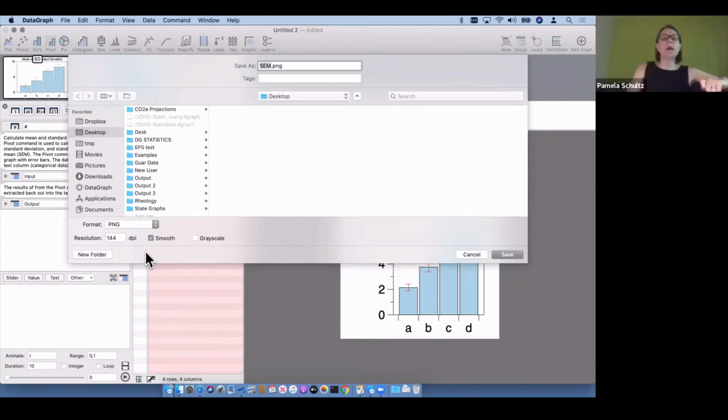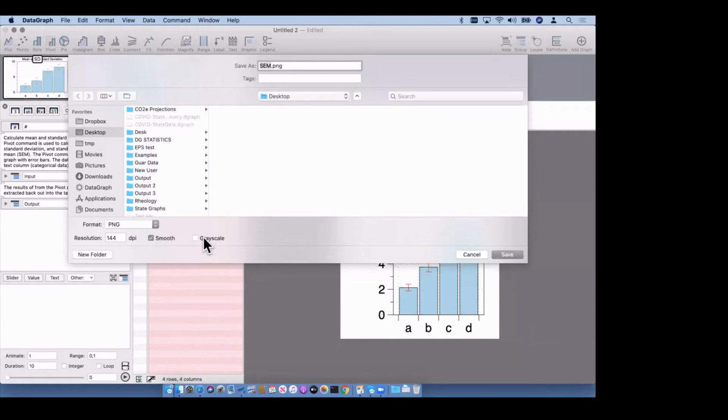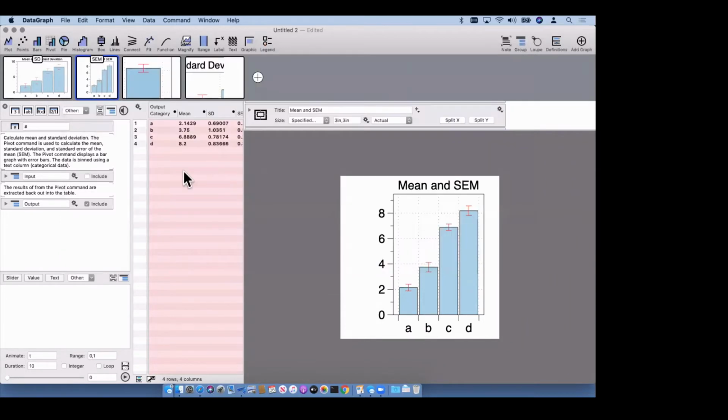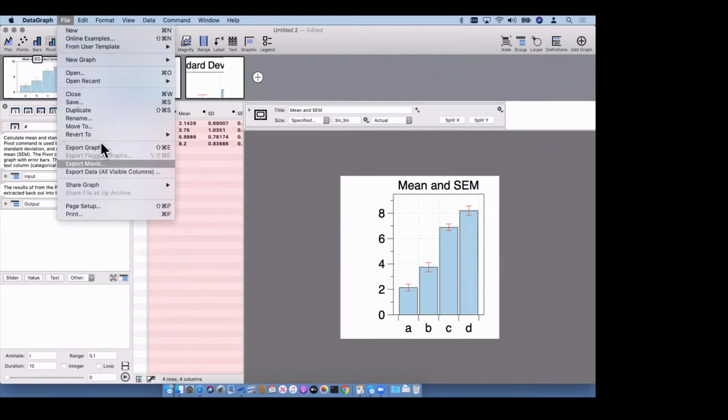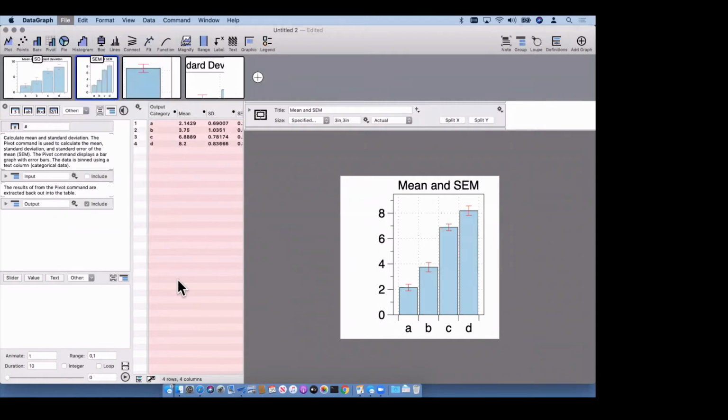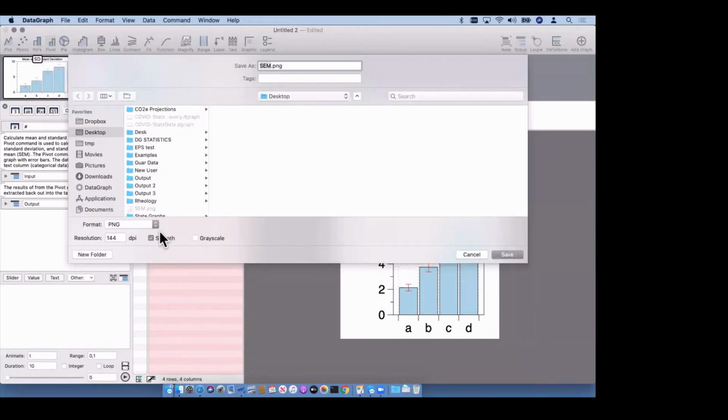And David, do you want to comment at all on what the smoothing refers to, that option that you have there? So often one thing you want to do is to take a high resolution image and move it over to Photoshop for more pixel manipulation. And by default on the screen, if the smooth checkbox is there, it uses what